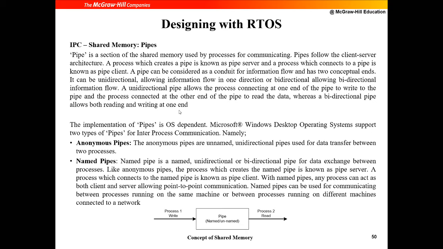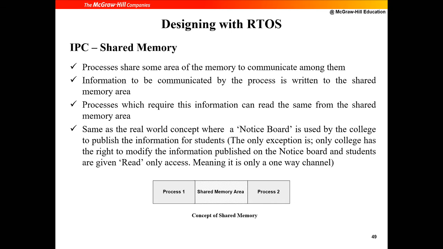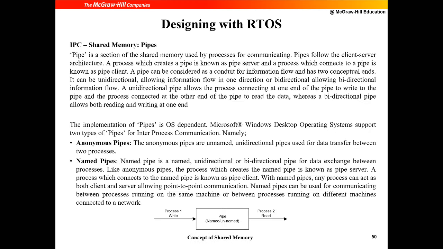So let me quickly go back. Previously we saw shared memory. Shared memory is nothing but a common memory area, and two processes communicate using this common memory. This is similar to the global variables that you use in your programs to communicate between different functions, a very lazy way of programming. Instead of passing a parameter, you use a global variable and then all the functions can use it. Similar to that, different processes can communicate by just using some shared memory area. That's the concept here.